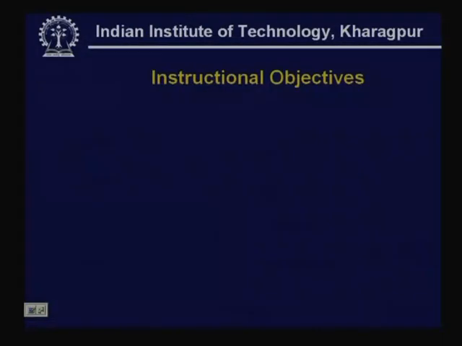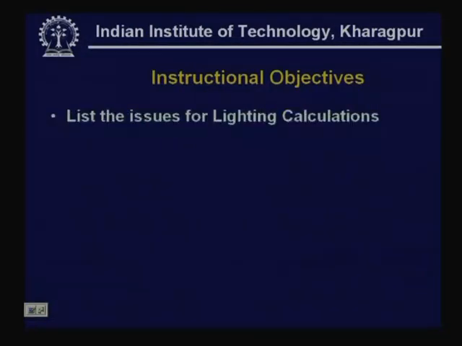So, having had a look at the recommended levels for both interior lighting, that is the lighting of any building interior, and the exterior lighting, that is predominantly the sports lighting and the road lighting, it is necessary for us to probably look at how one could do these lighting calculations and achieve those recommended levels. So, that is the objective of this lesson, and if we try listing the instructional objectives, it would be: